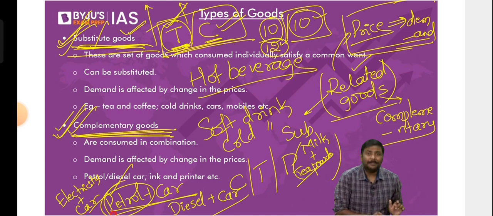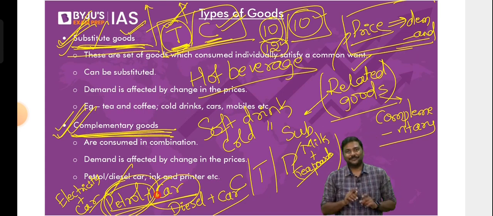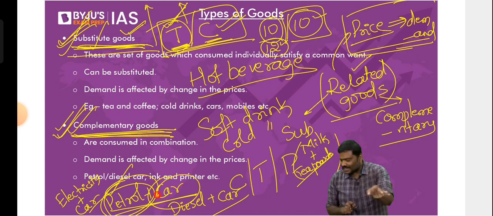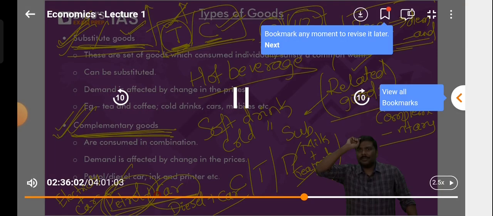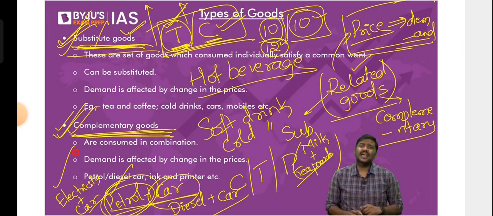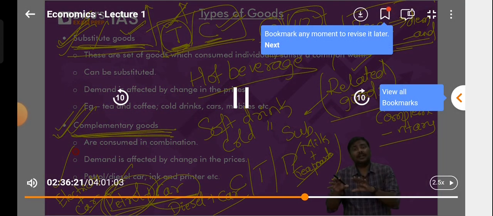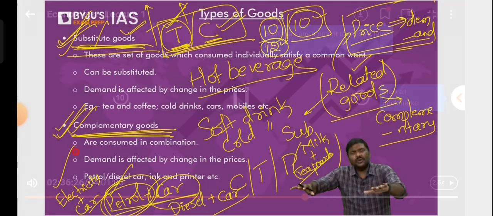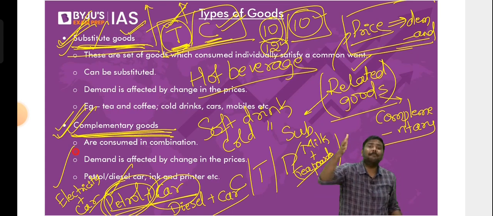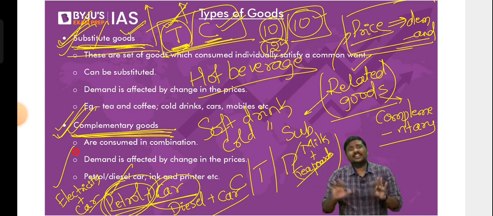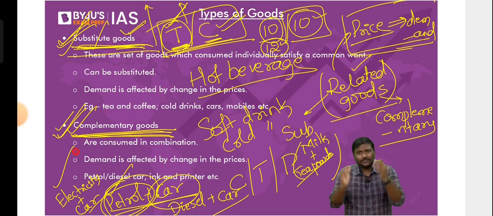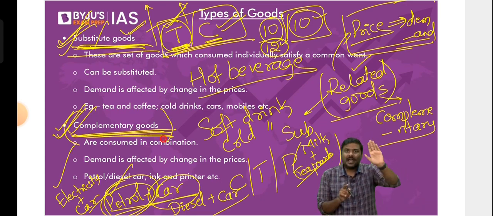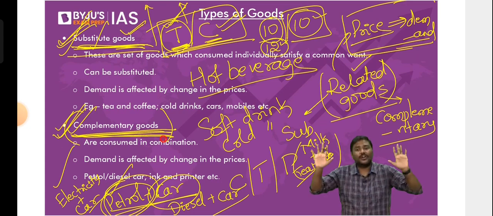So because of a rise in the petrol prices, what have you done? Your demand for the car has changed. I'll repeat it so that you understand this. You wanted to purchase a car, the price of petrol rises up. You look at it and basically say, no, not possible. Sir, if that is the case, why don't you shift and purchase an electricity car? So because of the petrol prices, either people will stop or reduce the demand for cars, or else they'll say, rather than purchasing a petrol car, I will purchase an electricity car. But either way, has the demand for the car been affected? Of course, yes. So that is the reason these are called complementary goods. Price change in one product having an impact on the demand for another product. Complementary goods.